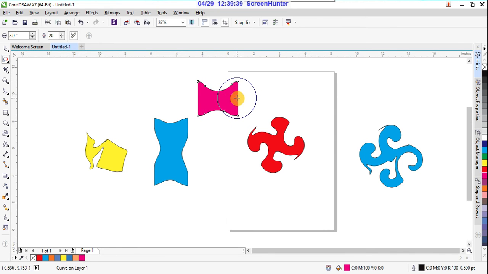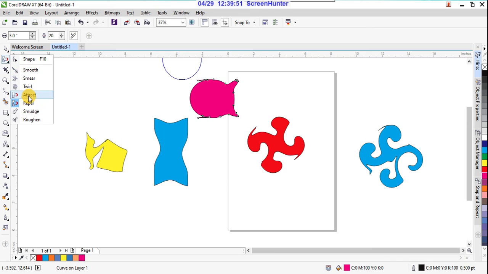See, away from the cursor. That means all the tools in this category work almost the same way to change the actual shape into something else.